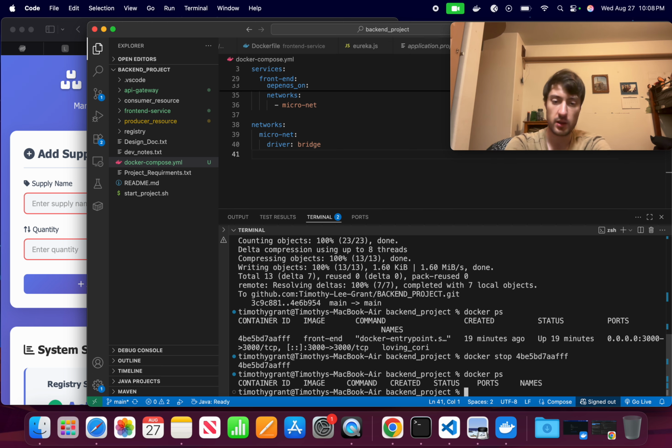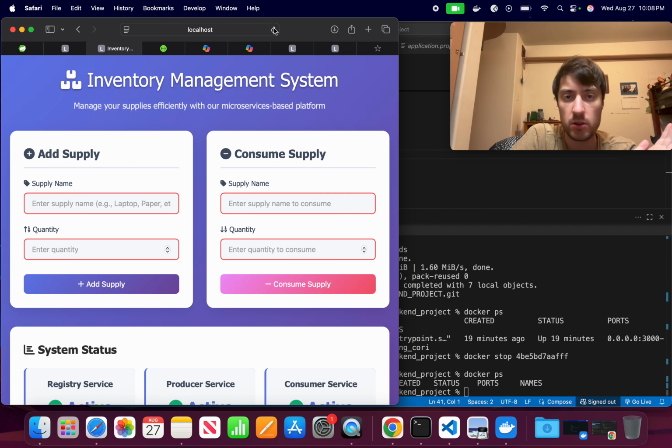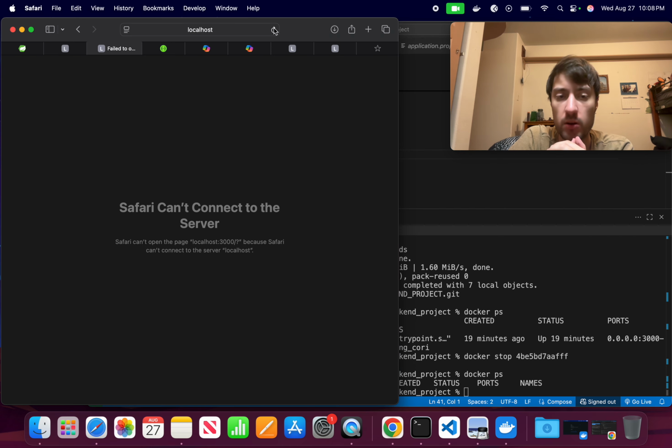Docker PS again, and we have nothing, which is exactly what we want. There we go. I thought I was going to do that, but I just wanted to confirm, make sure that it's